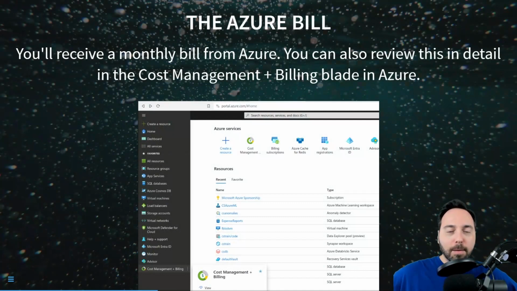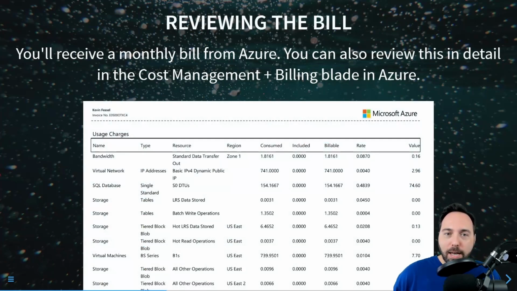Now, every month, somebody at the company will get a bill from Azure. If you're watching this, you're probably not that person. However, you might know who that person is. It's maybe your C-level, your VP of engineering, or your CFO. Someone up the chain is going to have this bill, but you might have the ability to view billing information as well. There's a section in the Azure portal at the very bottom called Cost Management and Billing. That blade will give you some ability to drill into what is in that monthly bill. So this is an example.